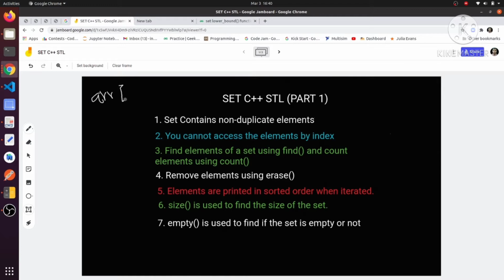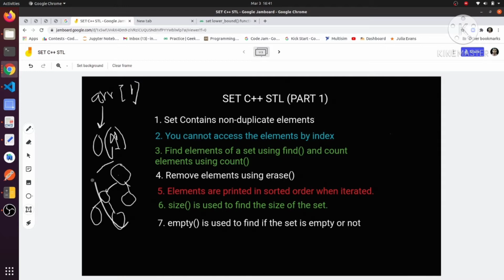The second point is that you cannot access elements by index. What does it mean? Like in a vector or array, you usually access, suppose, array of 1 or 2, like this. You can access the elements in order of 1 complexity. But in set, I will tell in part 2 that it maintains a balanced binary tree.